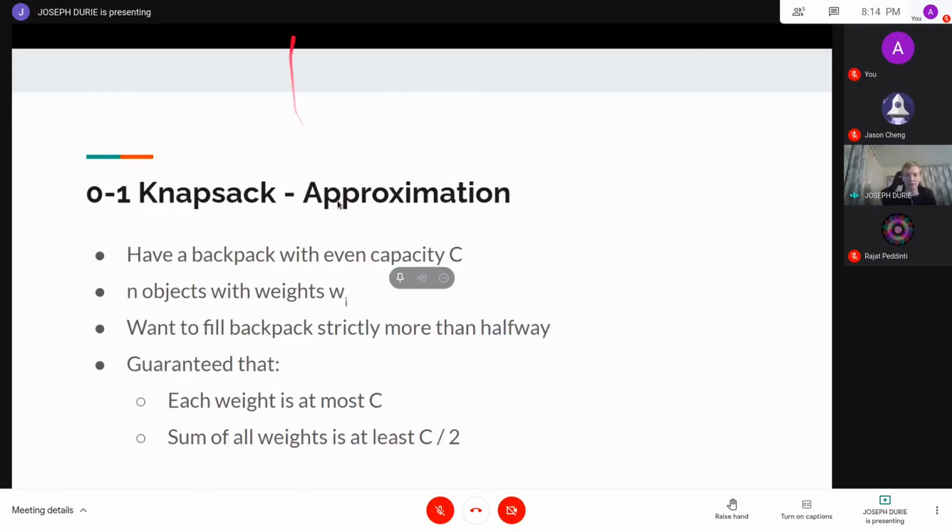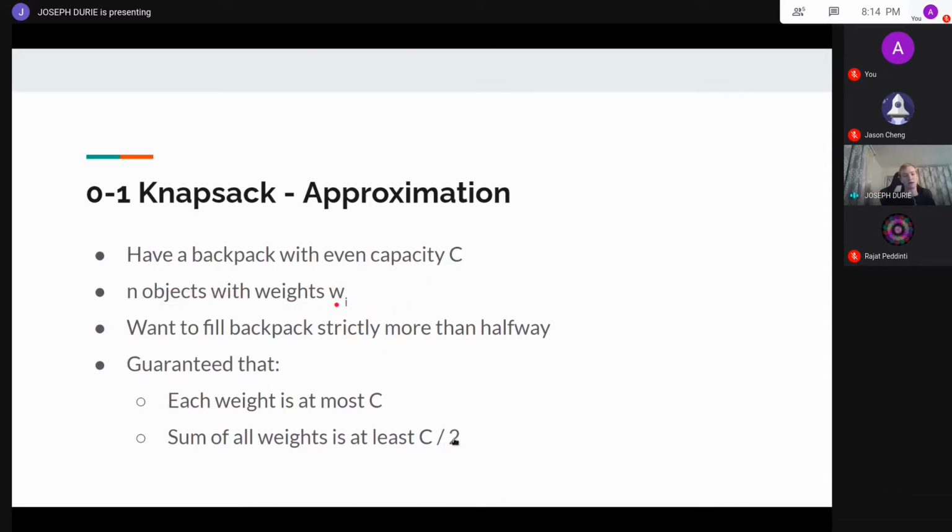It turns out what we can do is, in this case, if we have a backpack with capacity C, just for simplicity here, and we have the objects with weights W_i, can we always fill it strictly more than halfway, given these two things? Given that everything is at most C, so every weight would fit in if you put it in by itself, and the sum of all your weights is at least C over 2. So if we put everything in, we could fill it strictly more than halfway, but that might overflow it, right? So given these constraints,